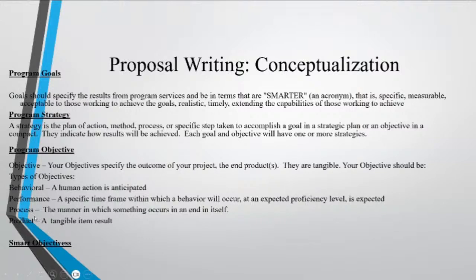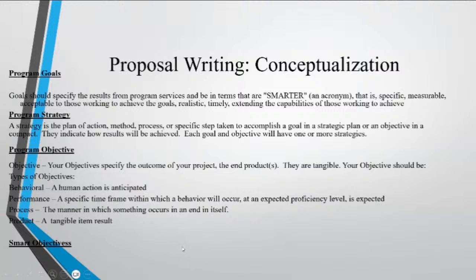Then process. It could be a process objective. This is the manner in which something occurs, and the end result in itself.